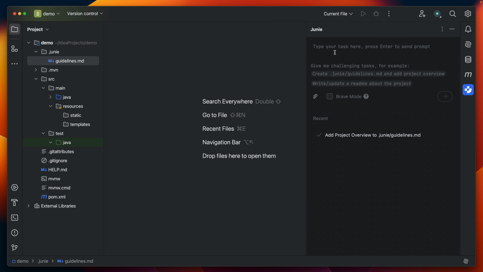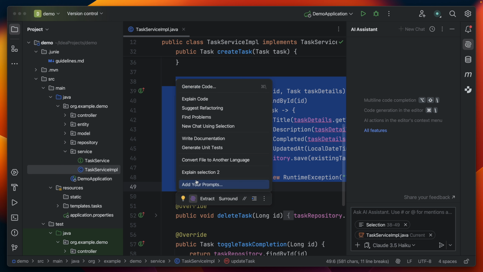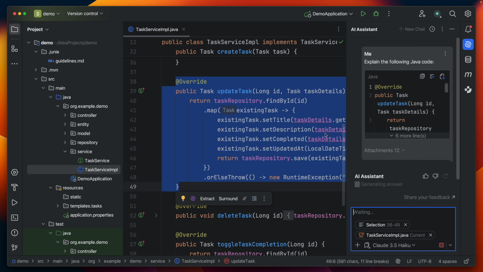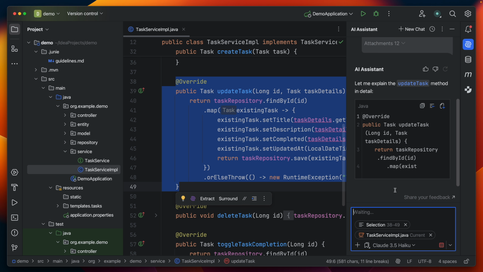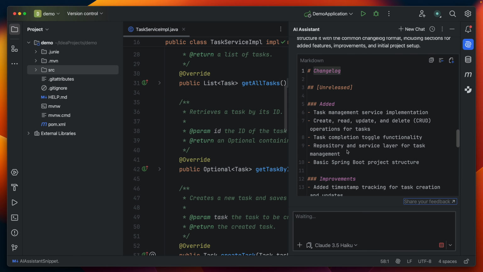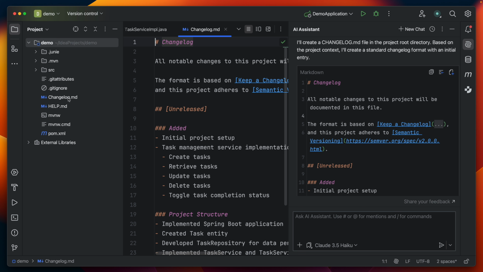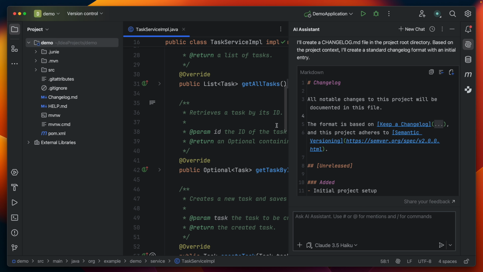Okay, it looks good. So basically, the difference between Junie and JetBrains AI Assistant is that Junie works autonomously and operates independently. The only way to work with Junie is through its chat window, but JetBrains AI Assistant helps you at all levels of coding. Apart from the chat window, it can be executed from anywhere in the code, or even in the shell console itself. But JetBrains AI Assistant will not directly create or update multiple files for you. You have to choose yourself one by one which files to create or update.